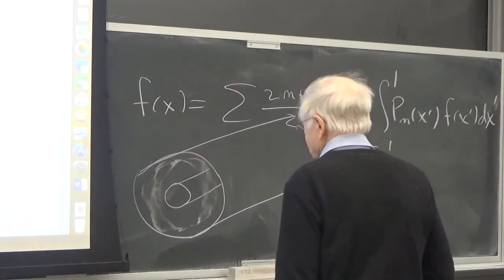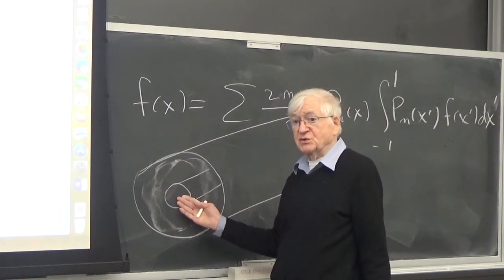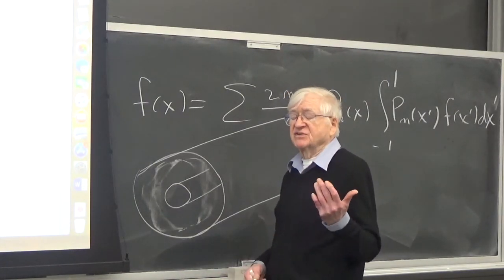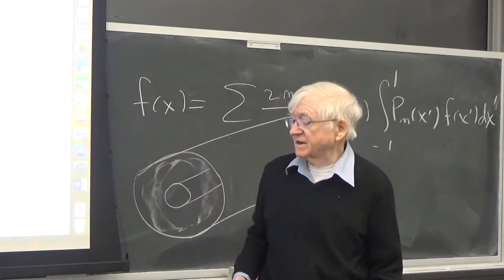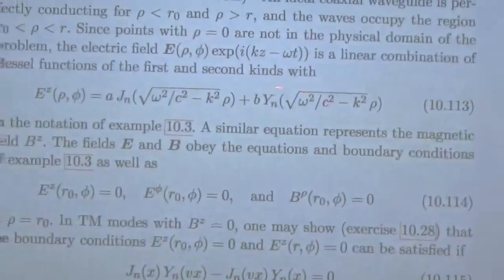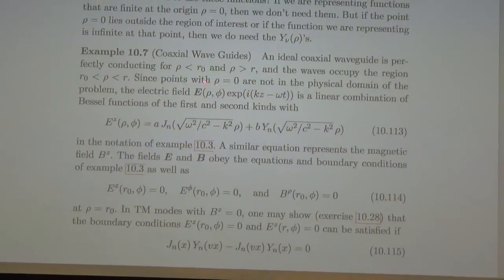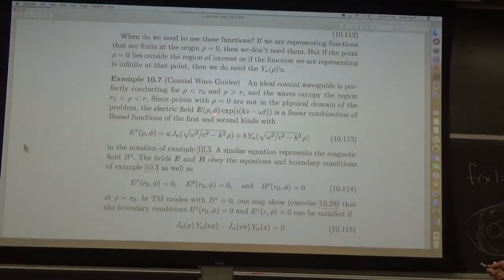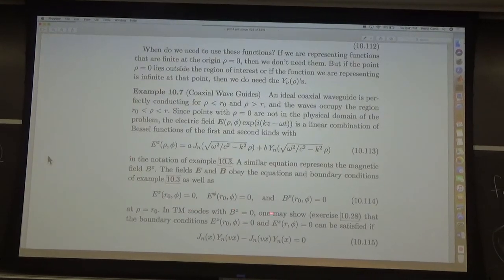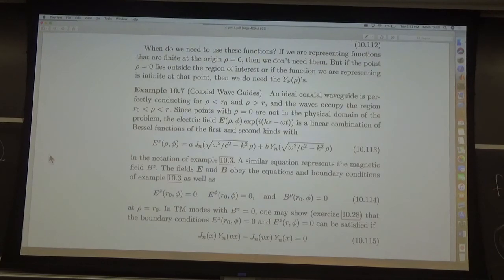So in that case, you see, this rho equals 0 is not part of the physical region. So you need both. You need the Bessel functions of the first and second kind. And so you write Ez as Jn plus Yn for E of rho and phi, the Z component, let us say. And one then gets these boundary conditions, and then